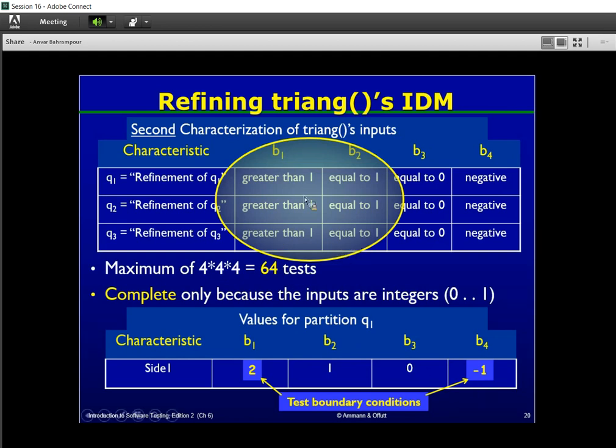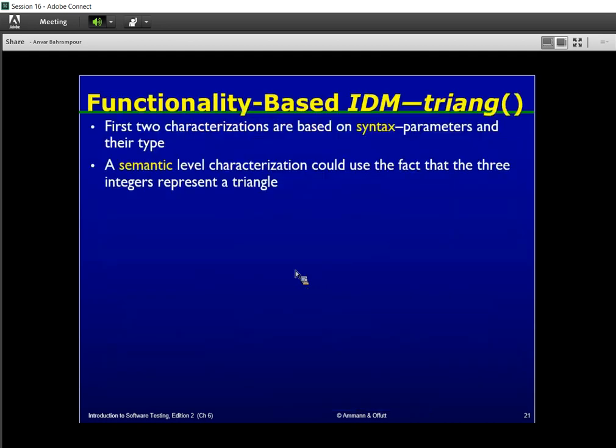This is for interface-based partitioning. These considerations hold for interface-based partitioning. But let's see the functionality-based modeling for triangle. The first two characteristics are based on syntax, parameters, and return type, and their types. The two characteristics